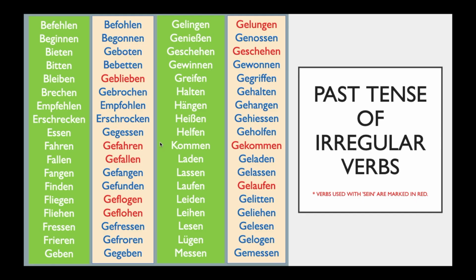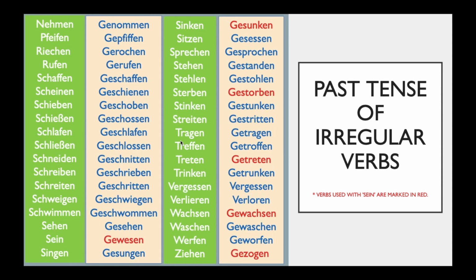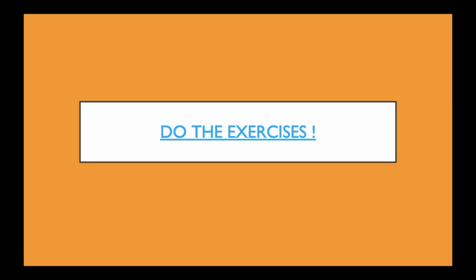And here is a list of all the irregular past participles, which you don't need to remember all, but it's a good idea to have a glimpse at them and start writing them down somewhere that you can review them. But we will definitely practice them in context. The verbs in red are those that use sein as a helping verb, and there's another list right here, and you can pause the video if you want to write these down. So that's a lot to remember. You can review the video, you can rewind it and review it, but you can also do the exercises.